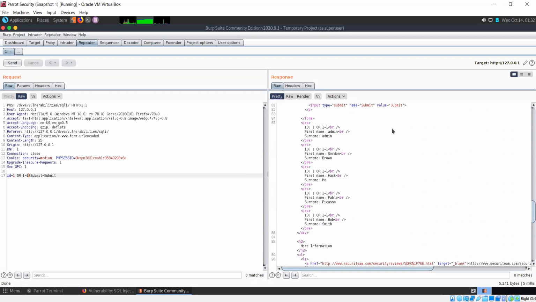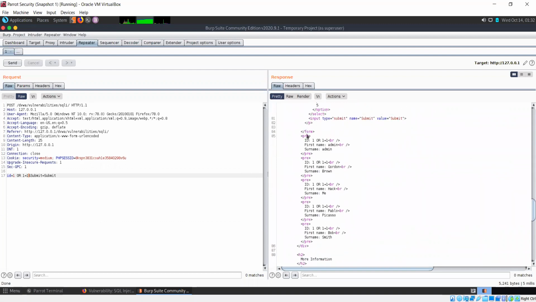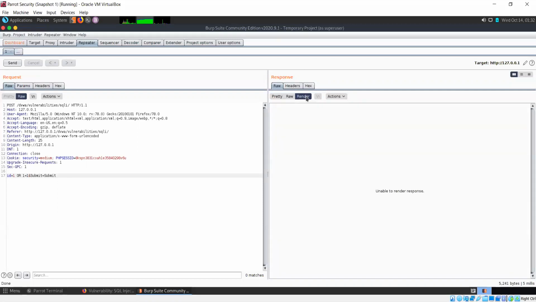If I scroll down, this is the data for all the different accounts, the first name and last name for the accounts. So this is going to show you the response in HTML format. Now it can try to render, but in this case it's not able to render it.